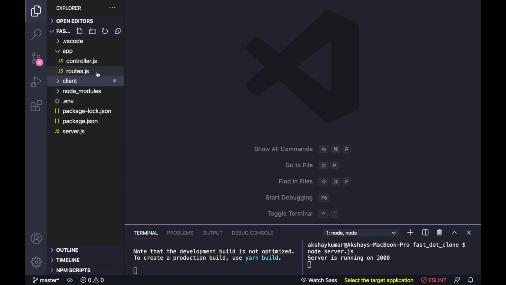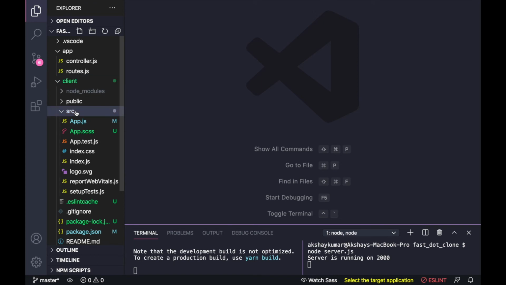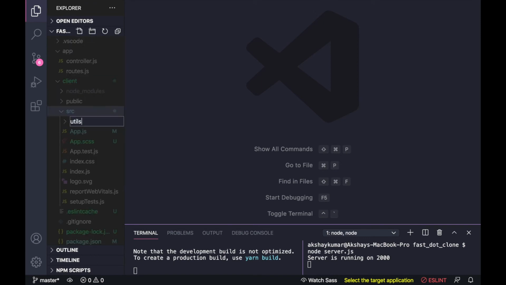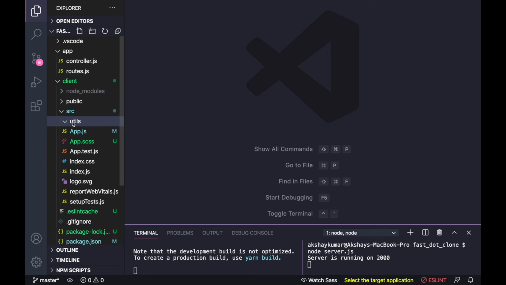Now inside client source we will create a utils folder. Inside utils we will create two files. One is API endpoints.js and second is API request.js.